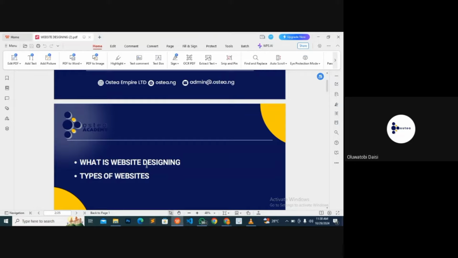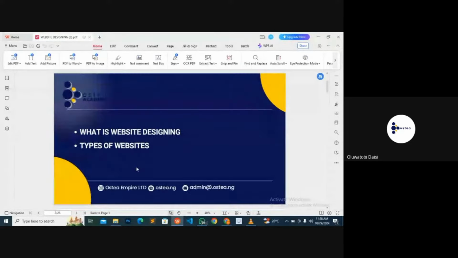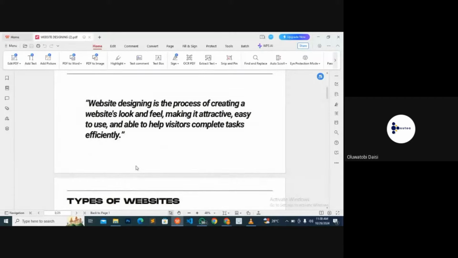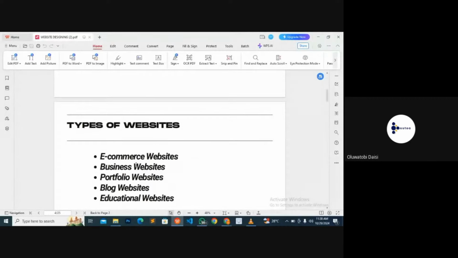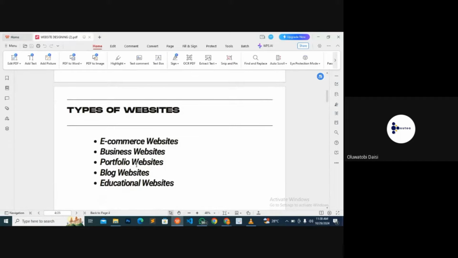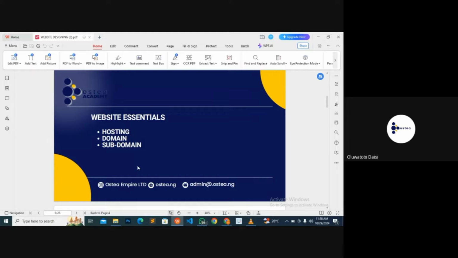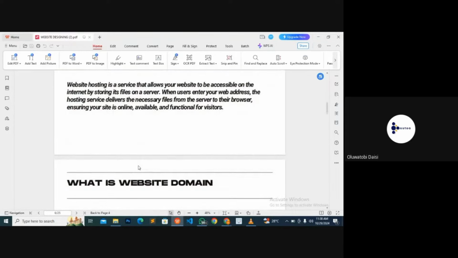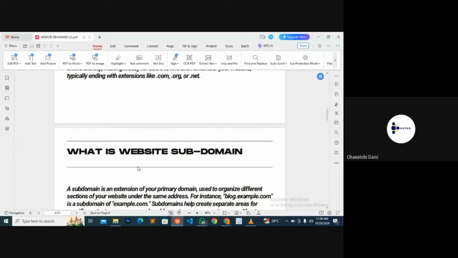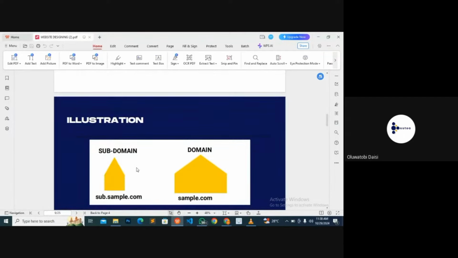Then we talked about types of websites: e-commerce websites, business websites, portfolio websites, blogs, elements, and listing websites. Then we talked about what hosting is, what a domain is, and what a subdomain is, using the illustration of a piece of land, a house, and a boys' quarter.